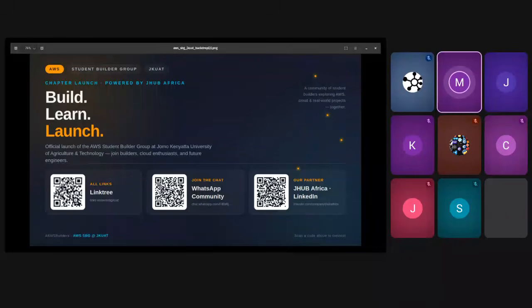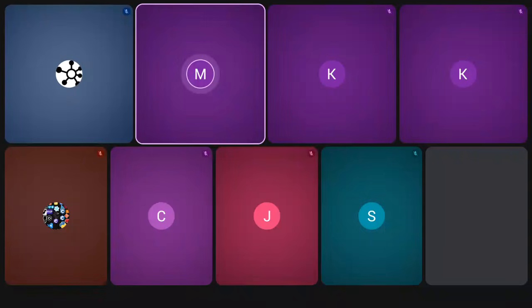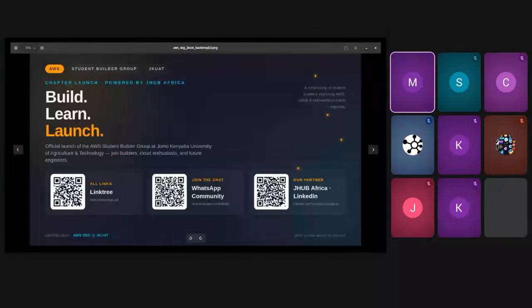Would you rather, okay, acha nirudie swali. Would you rather have ChatGPT inauliza a simple question inakupatia a long dramatic answer, like hadi ujui what to pick from the answer, or will you rather have your phone autocomplete to the opposite of what you wanted? So which one is better?